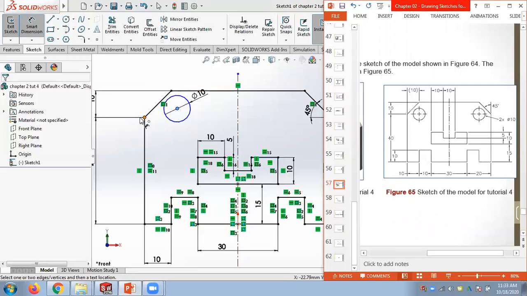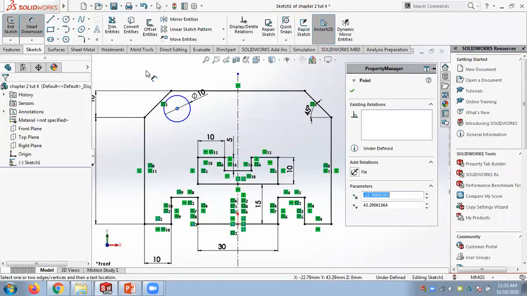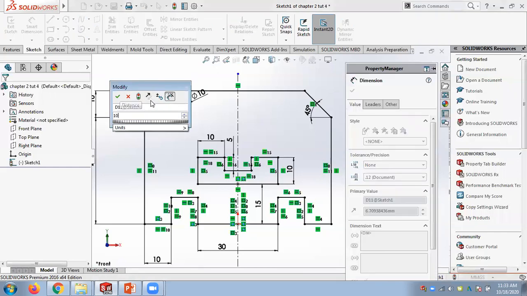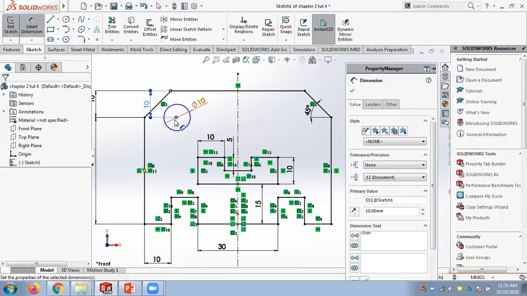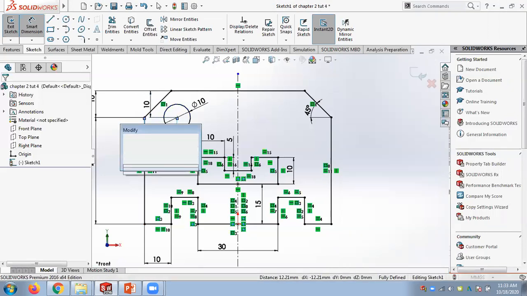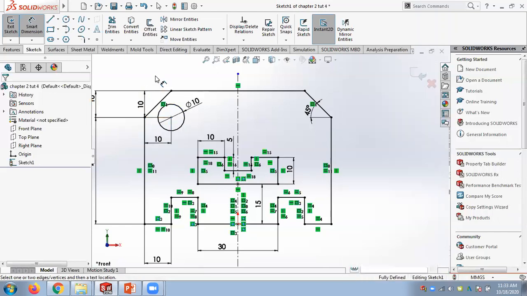Or else you draw 2 center lines and locate. So I prefer giving the dimension. You can do whatever you like. So this is 10. It's not given in the drawing, but you need to understand it. From here to here, it's 10. Otherwise, it will float. The circle will float. Now it's fully defined.